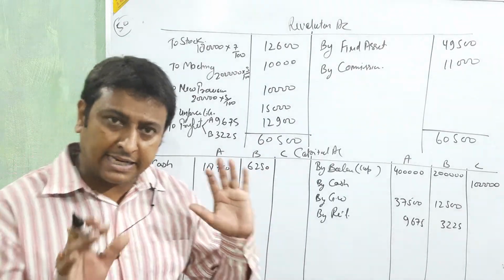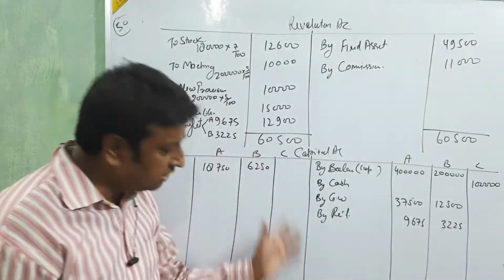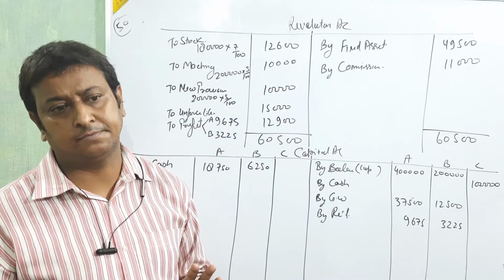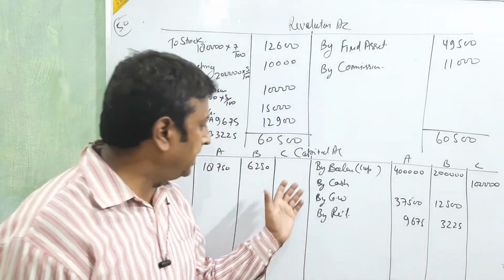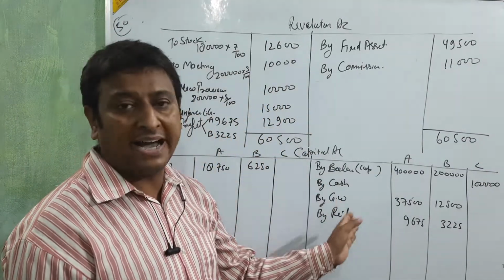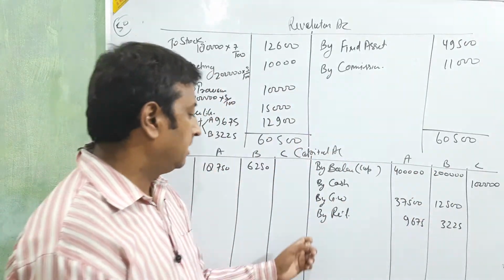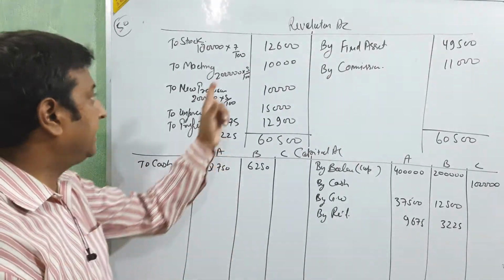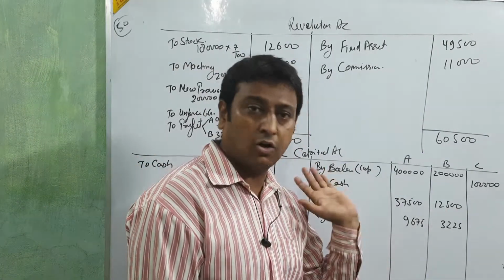Do you remember the capital account or not, beta? If not, tell me and I will explain again. Don't worry, don't take your attention away. First we write the balance from the balance sheet, that is his capital. Then by cash, by the first entry. Then by goodwill, by the second entry. Then to cash, by the third entry. And then the profit from the revaluation account, transfer here only. Okay, clear?